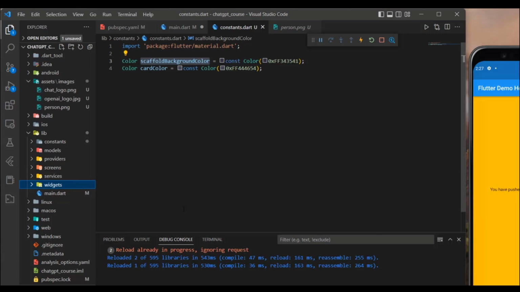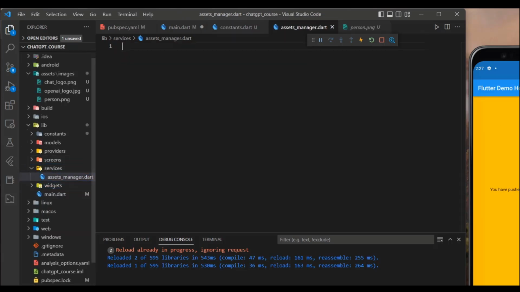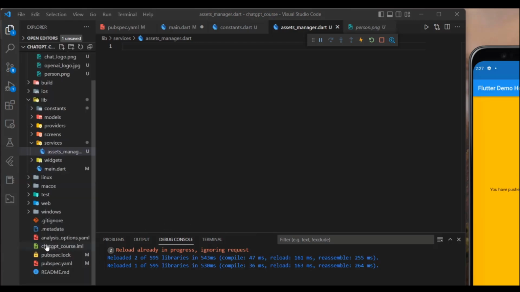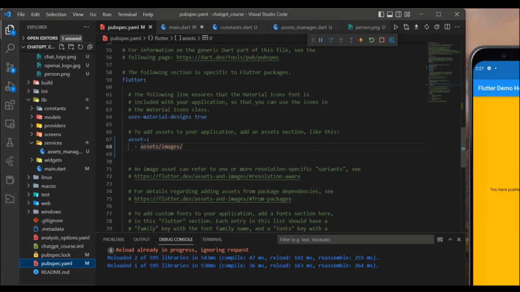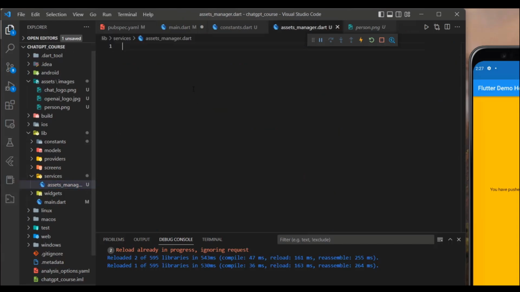Okay, so before I end this tutorial, I will just create one file in the services folder, which I will name assets manager.dart. Basically, this file we will use to manage our images. In our case we have these 3 images. So I will copy this path, come here, and create a class called